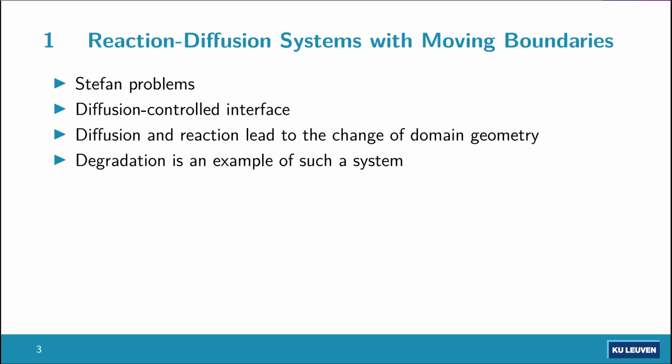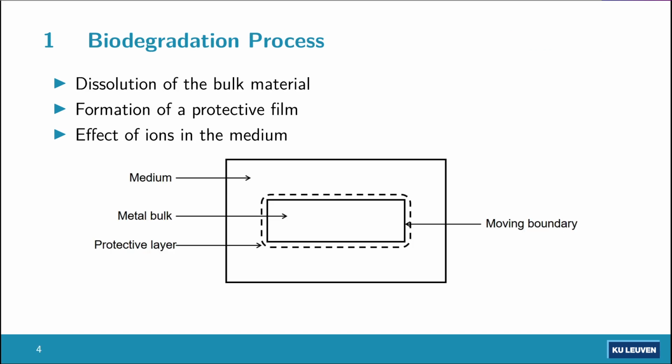And when it comes to diffusion controlled interfaces, we can say that diffusion or reaction systems lead to a change of the domain geometries, and these are reaction diffusion systems with moving boundaries in general. Degradation processes, corrosion for example, are examples of such a system. And the main goal of this presentation and this project is how we model such a system from a mathematical, chemical, and computational perspective. The biodegradation system is a continuous repetition of